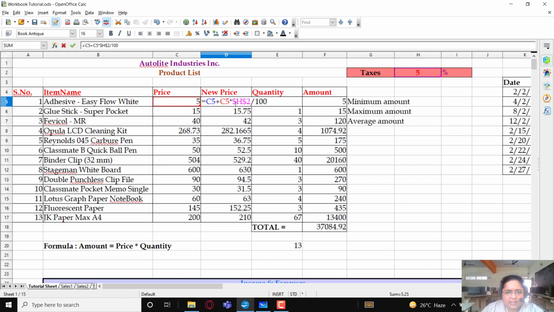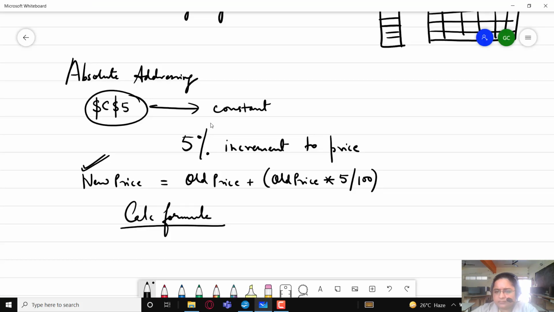And if I remove the dollar sign from H but keep it on 2, that will also keep my answer the same. I have just used H$2, that is, the dollar sign only appears before the row number and not before the column. This type of addressing is known as mixed addressing.